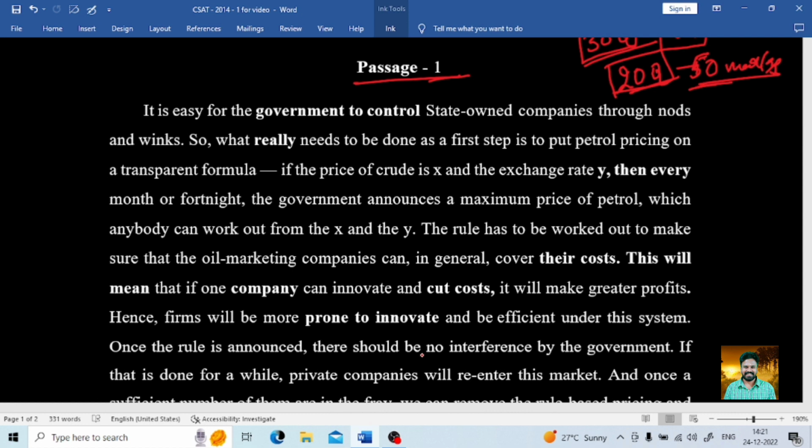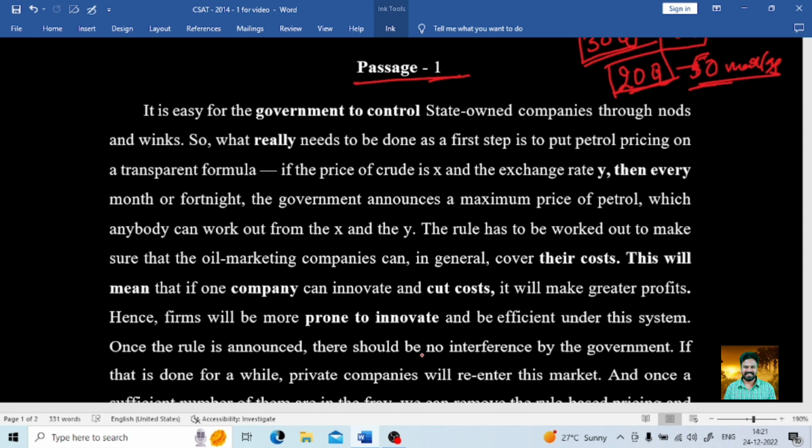Don't do that. We'll do that later. But in this passage, start reading generally, and don't have your own assumptions, your own ideas. Don't put your own ideas. Just stick to what the passage is saying. If the passage says government is not good, agree that government is not good.